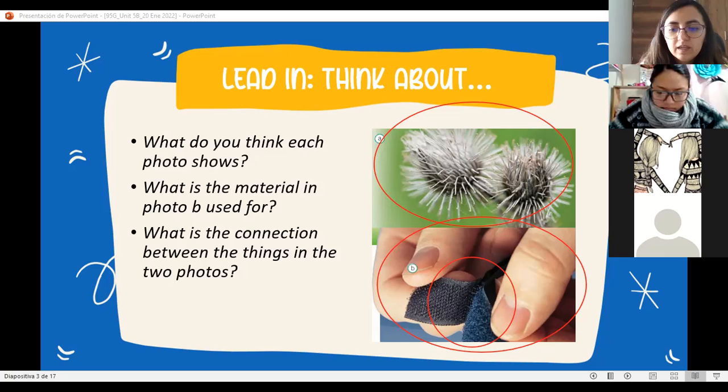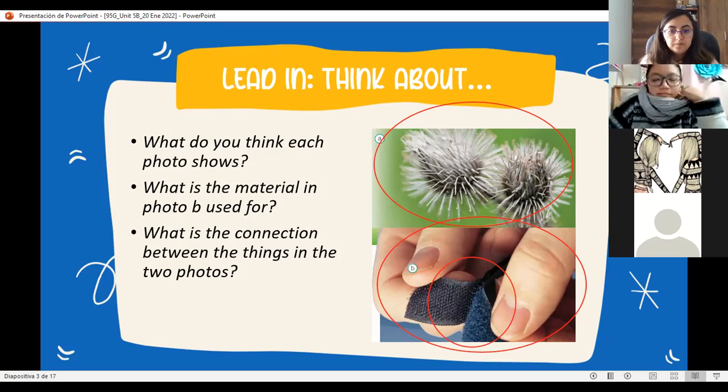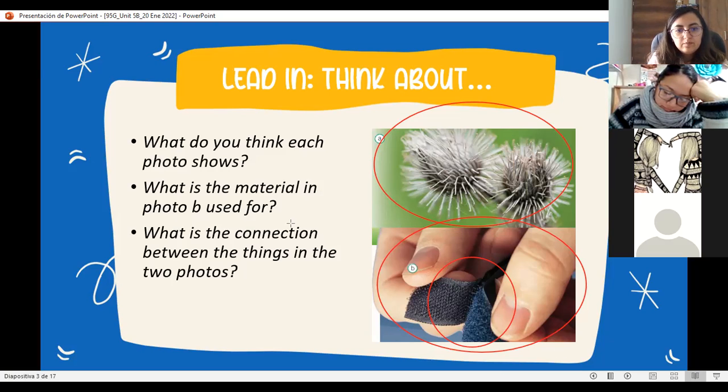Think about something that maybe can be related with both pictures. ¿En qué pueden relacionarse estas dos imágenes? No idea.